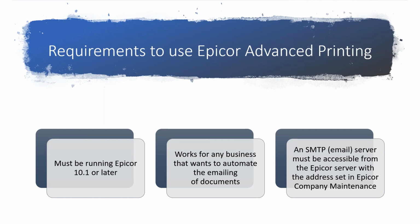The requirements to use Epicor Advanced Printing: you've got to be running 10.1 or later. You need to have an email server, an SMTP server, and your Epicor instance has to be able to see that server. And what you're going to see is that advanced printing can work for anybody who wants to automate emailing or printing of documents. So, Dave,